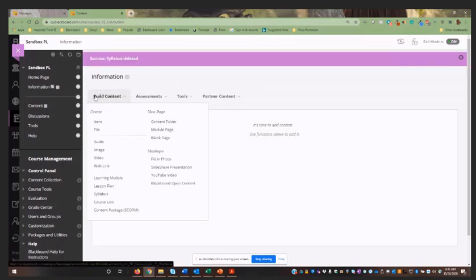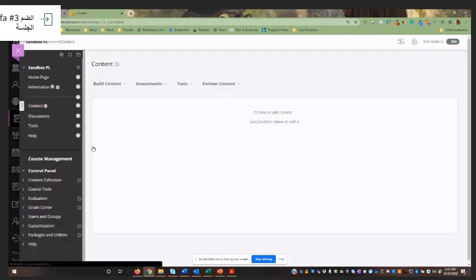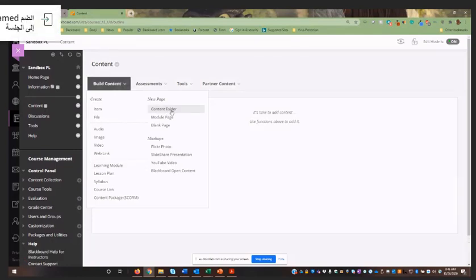To build content, when you roll over it, it gives you a lot of options here. I basically use these two for bringing in information, and the content folder and the learning module for containers. Right? So if I'm going to start off with week 1, I can either create week 1 here or in here. Now I like a very short menu out here, so I have a tendency in my content area to work with folders or learning modules. The difference between the two we'll look at in a minute. So I'm going to start with a content folder,